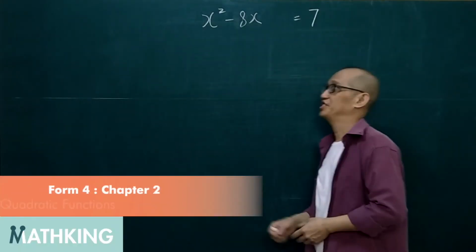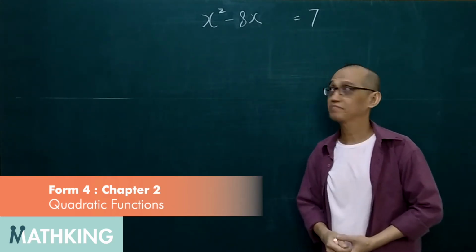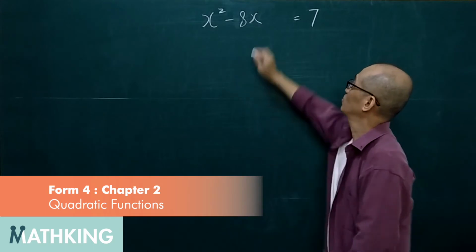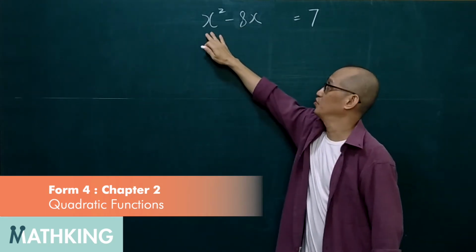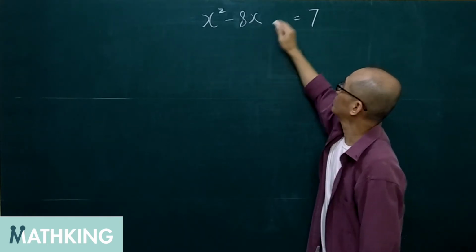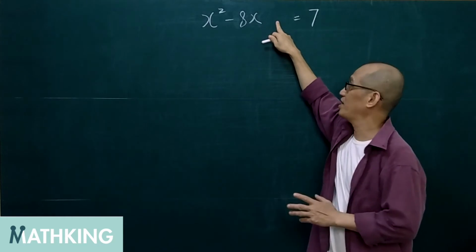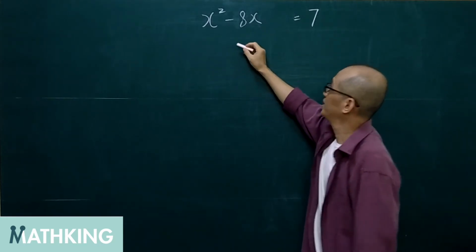Now let's solve this quadratic equation using the completing the square method. Right, so here we are going to try to get a square here. So what are we going to add here so that we can get a square? Now it's going to be